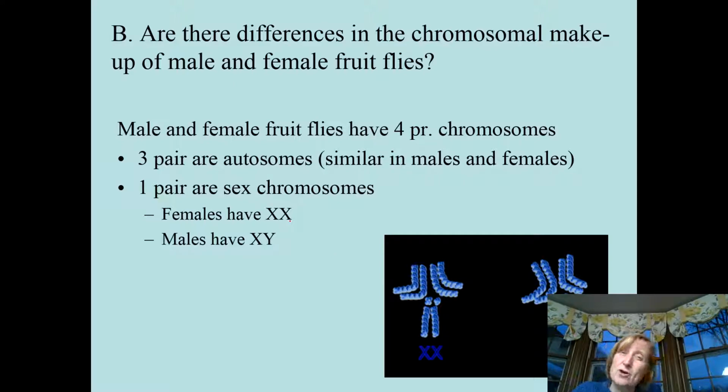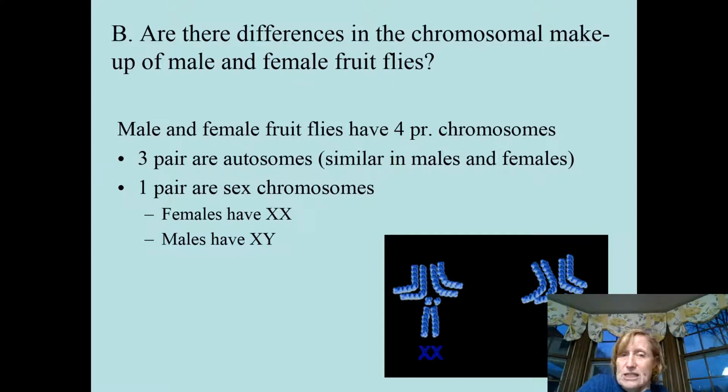And then they found a pair of chromosomes that were different in males and in females. Females have 2 chromosomes that look alike. Those were called the X chromosomes. And males have 1 X chromosome and then this other chromosome that looks different, and they called that the Y chromosome. And so Morgan knew this, and Morgan said, I wonder